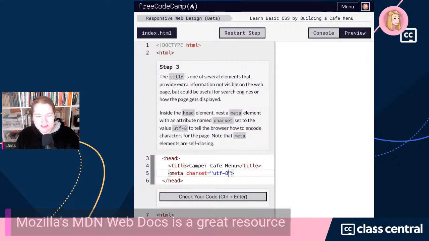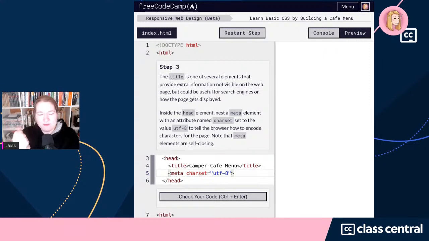When we say our character set, we're setting our meta. So we're saying, hey, this is the information I need to give you as a browser. If you're a browser, I want to give you this information, these meta tags, to let you know how to read this website. And when I say the character set, I'm saying, hey, I'm using UTF-8 characters here. And I want to make sure I'm using a respectful level of abstraction here. Character encoding and Unicode and all of that is a big separate field. So UTF-8, I'm just going to abstract that away. Oh, somebody makes a good point. You can't add spaces around the